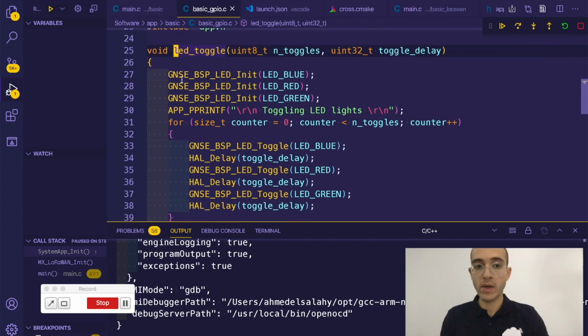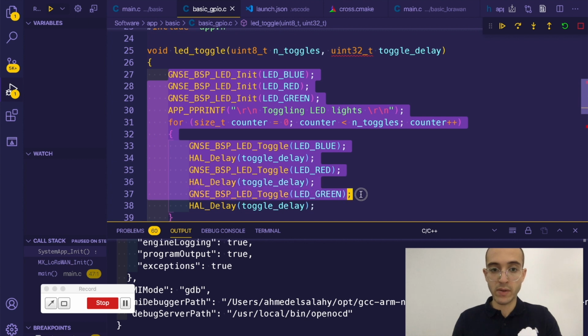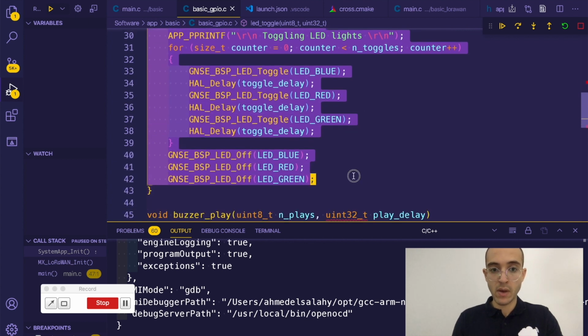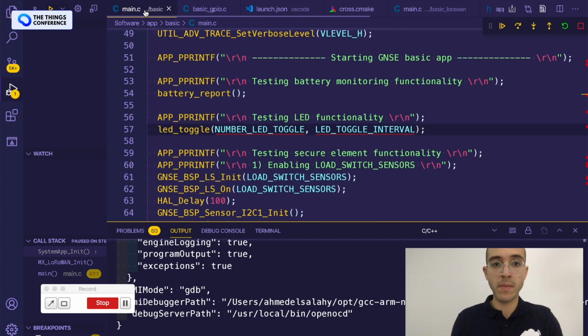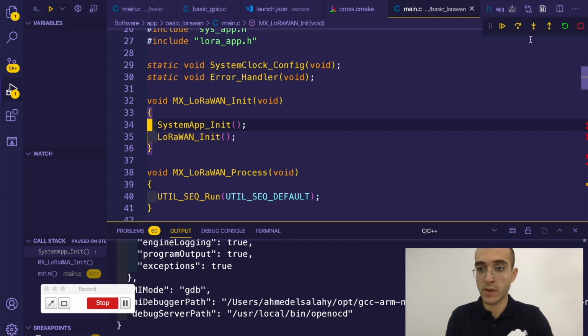function, we find that, okay, it's easy. Let's init the LED blue and the green, for example. So let's init these LEDs and print something like this, and then turn them off. So we're gonna copy this back to the LoRaWAN application that we were in just right now, and